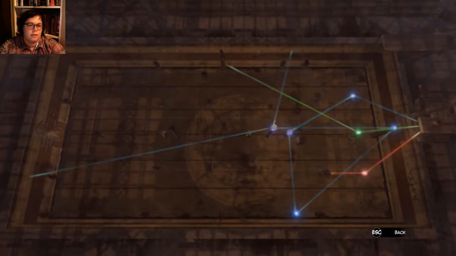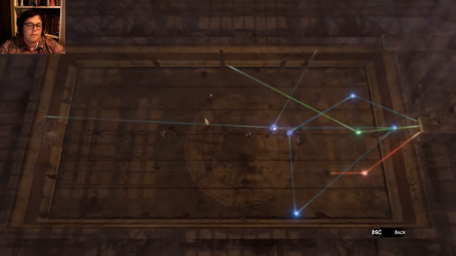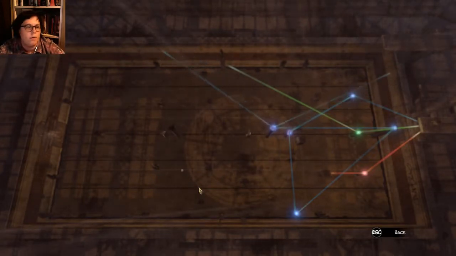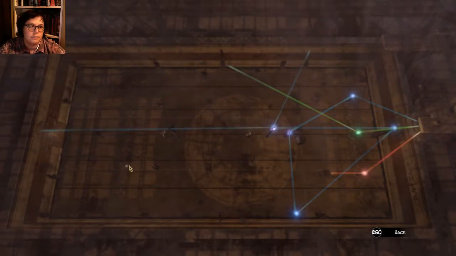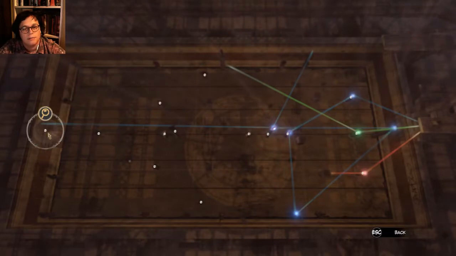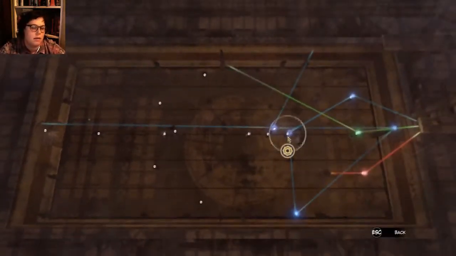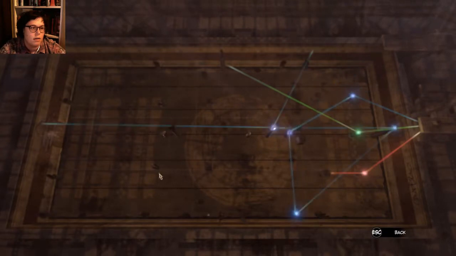Alright, now let's... Okay, come on. This is not going well. I'm trying to move it. Well, that's not great. So you have to have 4 different beams. This looks like a waste, this isn't going anywhere, it's just going back into itself. We need to get these...